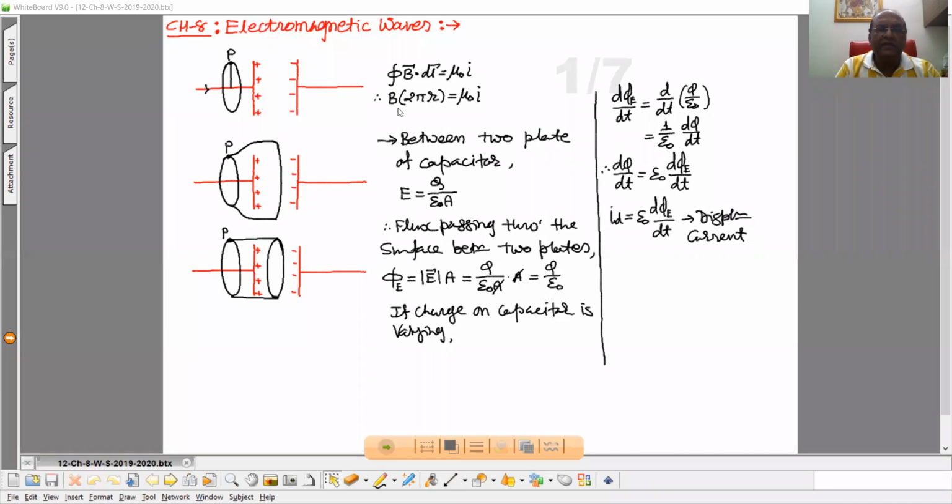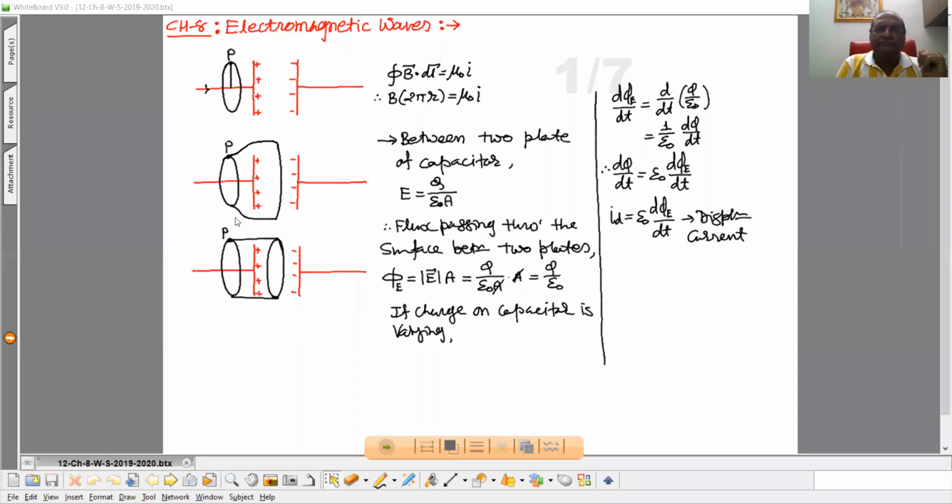Now B integration dl, that is 2 pi r, that is equal to mu 0 I. In short, we can say this thing. Here we will get value of B. But now see,